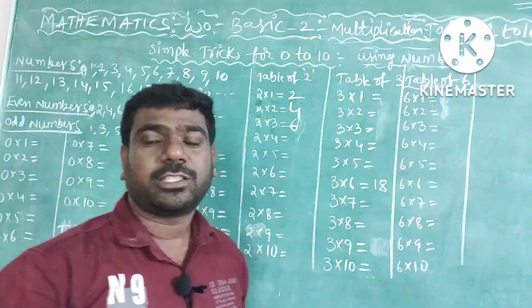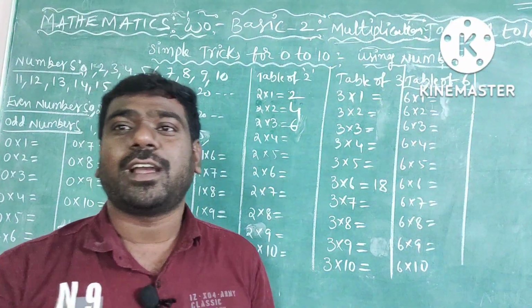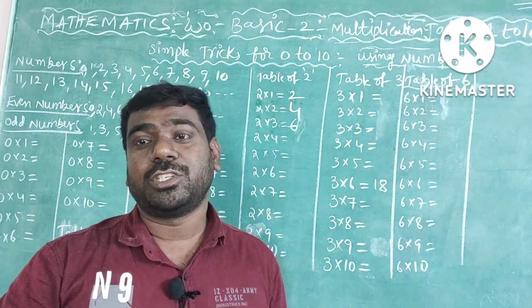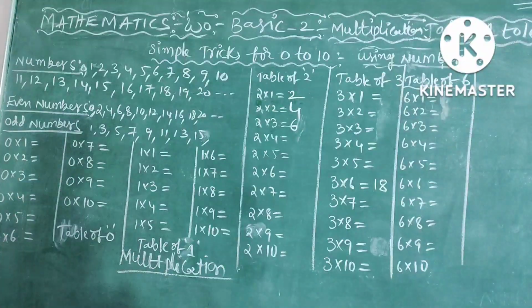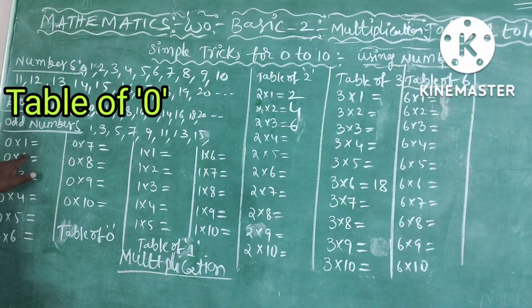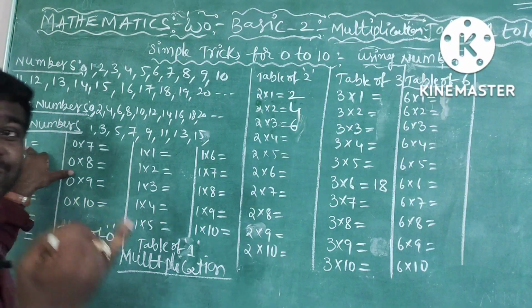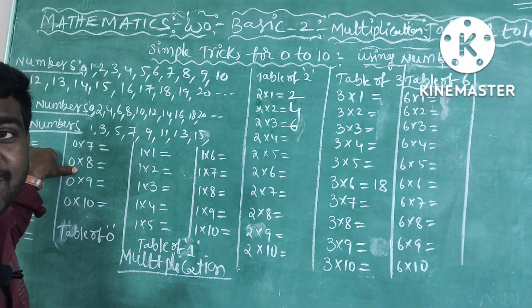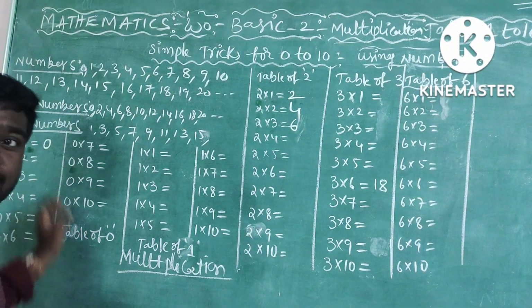Okay. First, start with the 0 table. Many students forget the 0 table. Sometimes we get a doubt also: is there a 0 table here? So how does the 0 table work? 0 into 1 means 0 added how many times? 1 time. Yes or no? Which is nothing but 0 only. That is the original process.